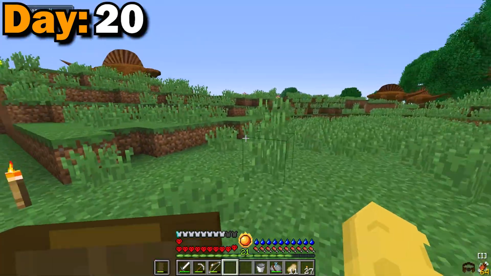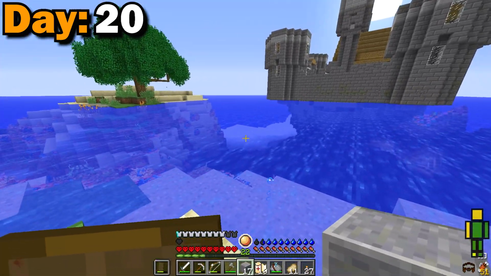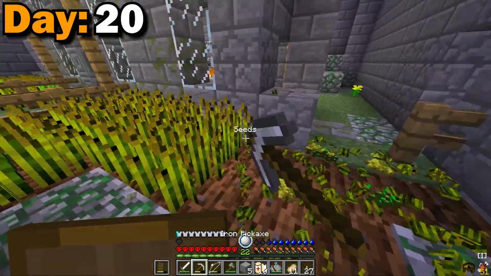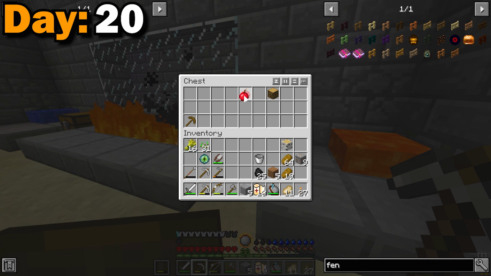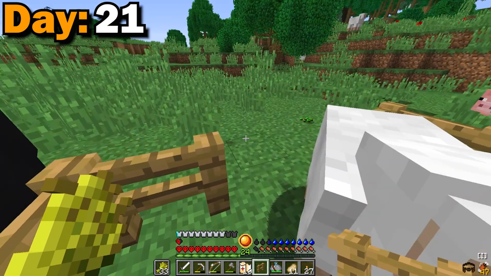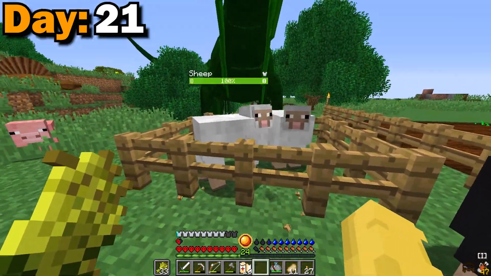Day 20, I noticed there was a structure that was floating in water, so I took a bunch of blocks and went over to see what was in there. And inside there was a bunch of wheat that I obviously needed, some apples, and the best thing ever, birch wood. Day 21, I made a ton of fences, lured some sheep in so I'd have constant wool supply,